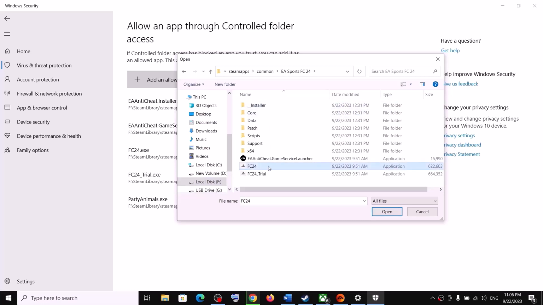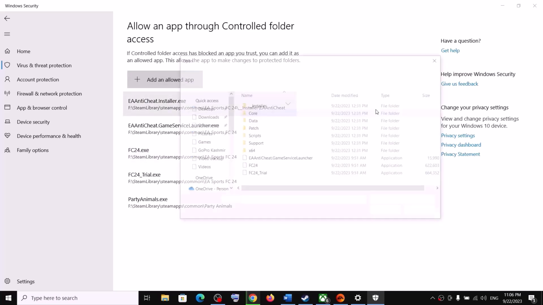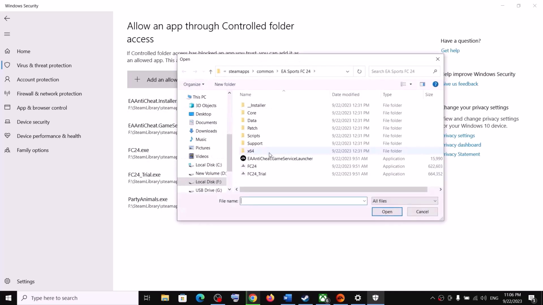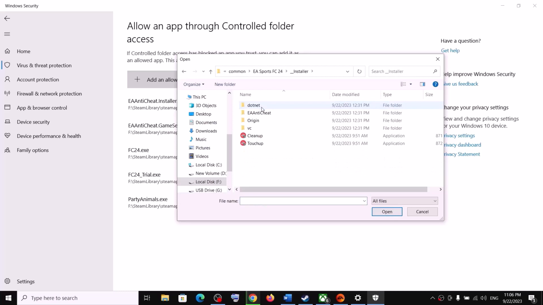And then select the game exe file. Now click on open. In my case, this is already added. Again click on browse all apps, select the trial one, and then click on open. Again, once added, click on browse all apps, select this exe file. Now click on open. Once it is added, again click on browse all apps, and this time open installer EA